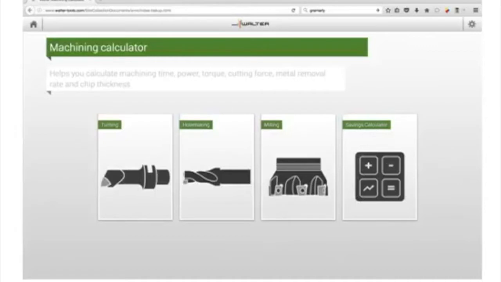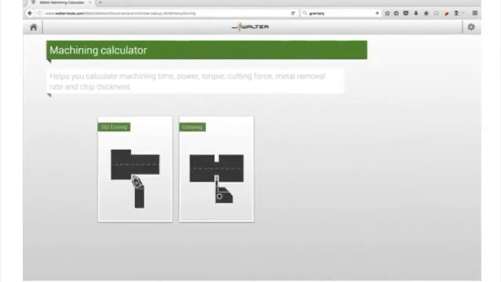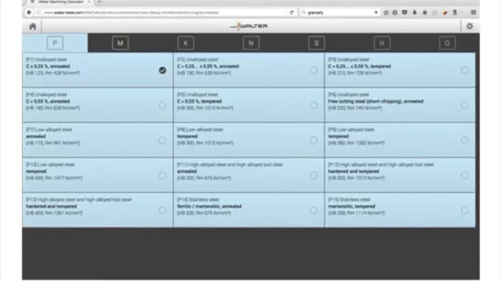As we can see on the next page, Welter Machine Calculator helps us to calculate not only the machining time, but also the power, torque, cutting force, metal removal rate, and chip thickness. The first step is cutting the material to 250 millimeters, selecting turning grooving. For this, before you should select the proper material. Our material is mild steel, so we select unalloyed steel with carbon content less than